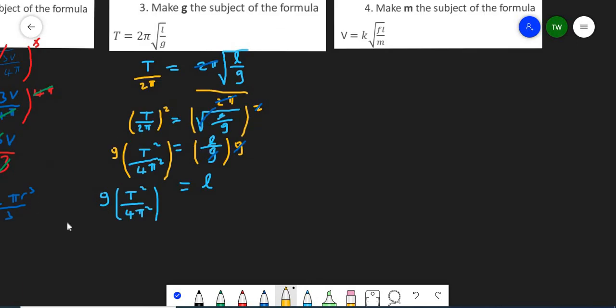So if we divide this side by T squared over 4 pi squared, and also divide this side by T squared over 4 pi squared,